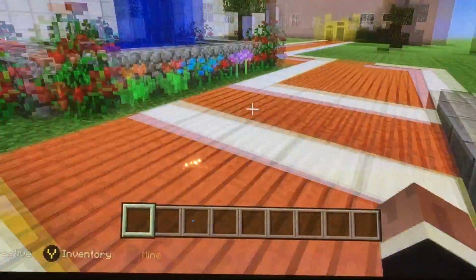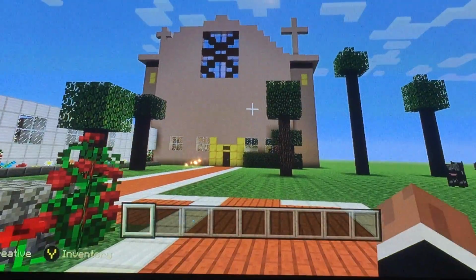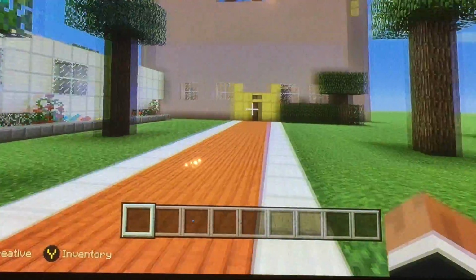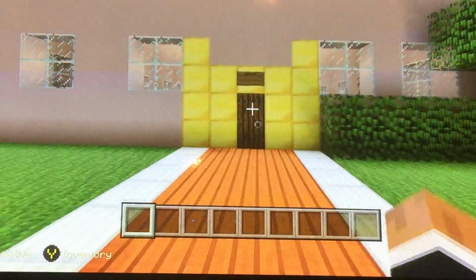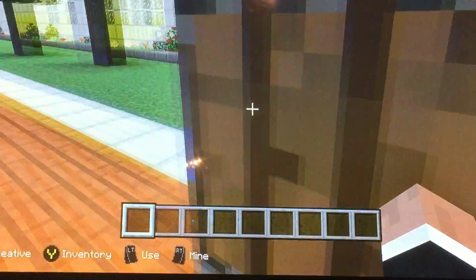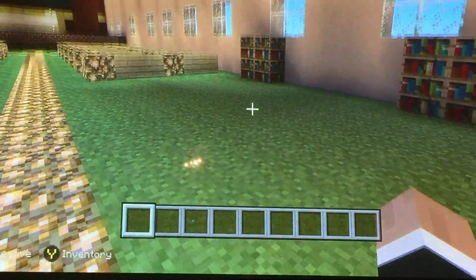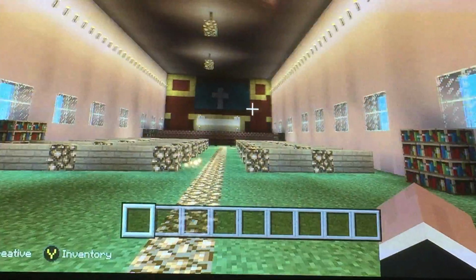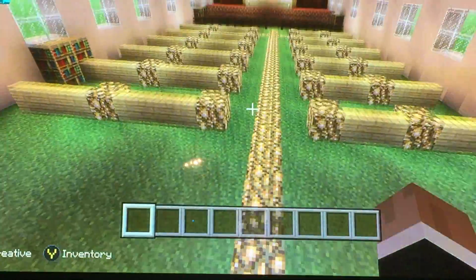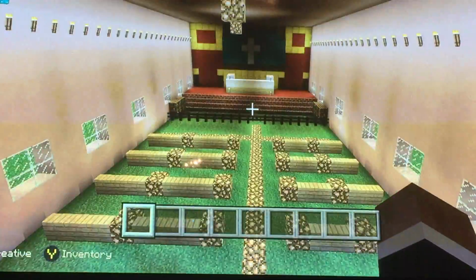And next, this is the church that I have done, and it is really big. So let's go take a look inside. Says church. Alright, so as you can see here, I have some bookshelves and some windows to give it light in the room. And I used glowstone as the lights, and if you can notice, there is a big cross in the